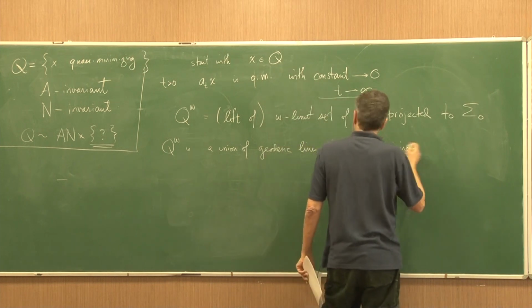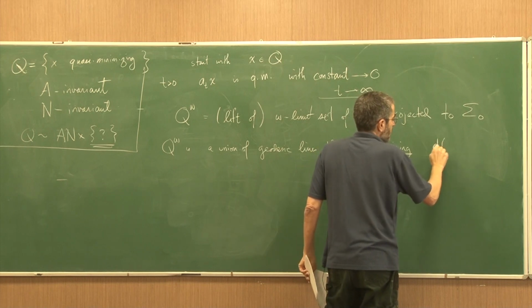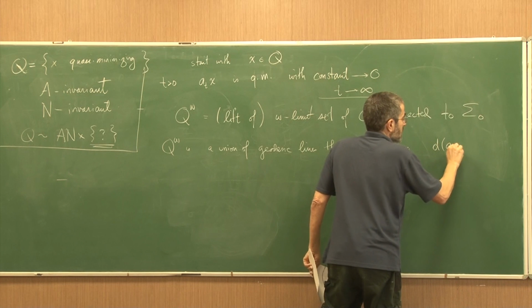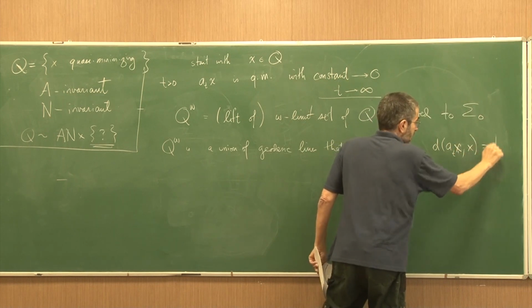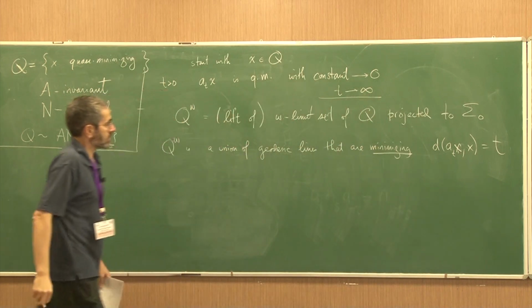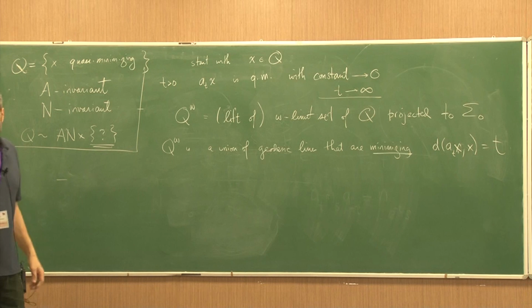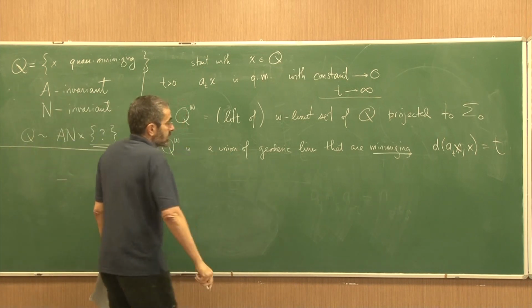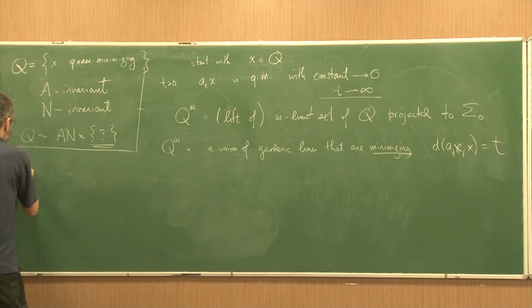So that is to say, for the limiting lines, you get things like this. You get the distance for any point on one of these lines. The distance is exactly t. So there's somehow, in some funny sense, they're isometrically embedded in the surface. So there's some picture. Okay, and then the theorem that you can prove about this